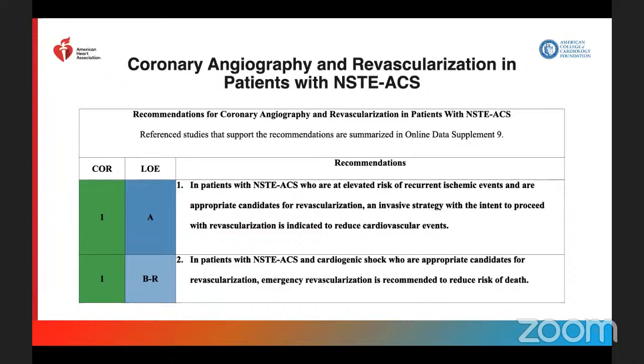discussion. So, in the recommendation, in patients with non-ST elevation ACS who are at elevated risk of recurrent ischemic events and are appropriate candidates for revascularization, an invasive strategy with intent to proceed with revascularization is indicated to reduce cardiovascular events. In patients with non-ST elevation ACS and cardiogenic shock who are appropriate candidates for revascularization, emergency revascularization is recommended to reduce risk, both class 1